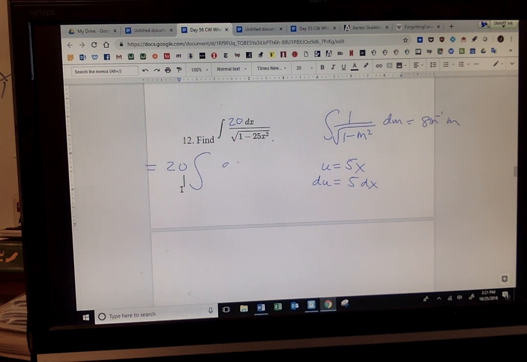Okay, integral dx over radical 1 minus 25x squared. Therefore, the top is 5, but balanced with a 5 outside. So the number outside is really 4. At this stage, look at the shortcut. Is that obviously sine inverse? Don't even think. It'll always work out. Because have a look, 5 dx is du. It'll always work out. And let's wrap it up. 4 sine inverse 5x, which is u, plus c. Okay.